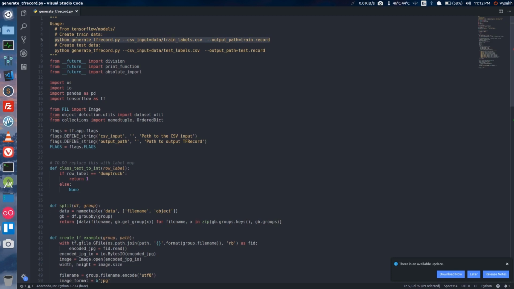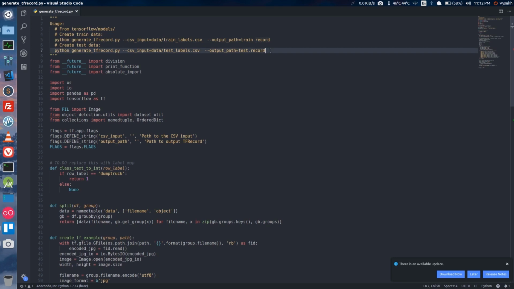In line 5 you can find the code that needs to be executed in order to generate the train record, and in line 7 you have the code to be executed to generate